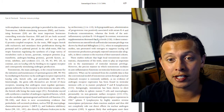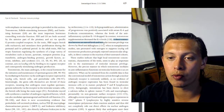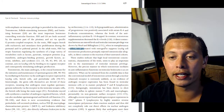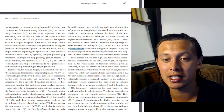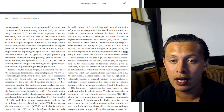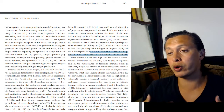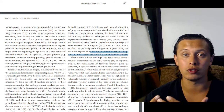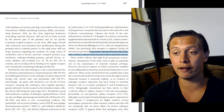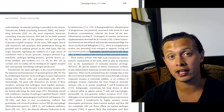In contrast, testosterone supplementation decreased the interleukin 6 levels, which is one of the pro-inflammatory cytokines, and a direct connection between sex steroid levels and testicular immune privilege was shown by these people. In transplantation studies, rats pre-treated with estrogen to suppress the Leydig cell testosterone production promptly rejected intratesticular allografts, in direct contrast to the reaction of their untreated cohorts. So remember, we were talking about taking tissues from another member of a species and then putting them into the testicles of mice to see how they react. Normally there's no serious interaction. However, if you inject the rats with